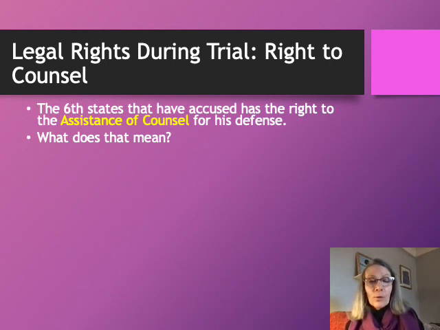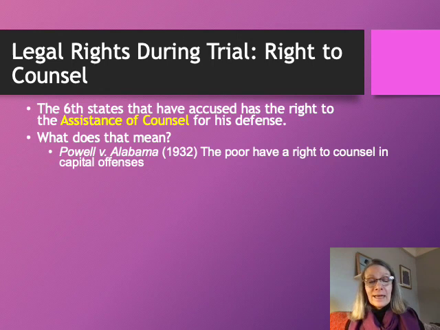But the Supreme Court sort of... cases begin to come to the Supreme Court as people who are poor, who cannot afford attorneys, then the Supreme Court begins giving us a better understanding of what that phrase, the assistance of counsel, actually means in the Sixth Amendment. So one of the first cases that the Supreme Court hears about the right to counsel is a landmark